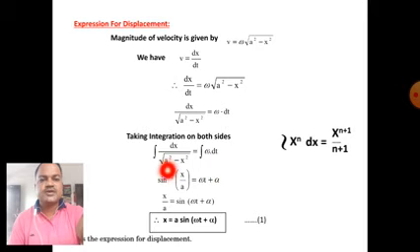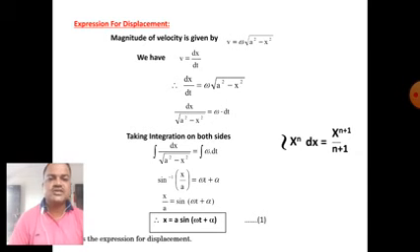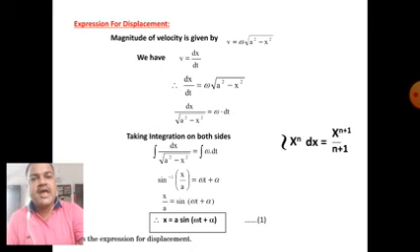So therefore x upon a is equal to sine of omega t plus alpha. So x is equal to a sine omega t plus alpha. This is the expression for displacement of a particle performing linear SHM. Here again we have to see the displacement at mean position and at extreme position. It means that displacement is minimum and maximum in linear SHM.